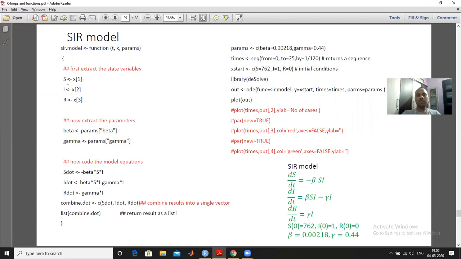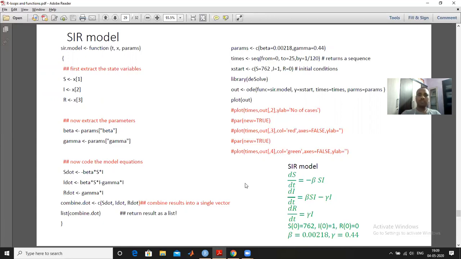Because if you do the predator model, then there will be two populations, x1 and x2, or x and y, so there is no r, so you can take x1 and x2. Then there will be four parameters, c1, c2, whatever you want to define. Then define the parameters, change the initial conditions and times, and then you can call and plot.